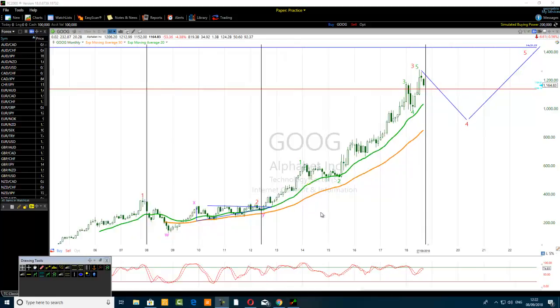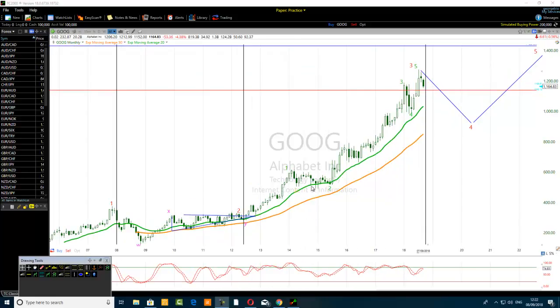higher degree. Then we are now in the third wave of a higher degree right here, and this is the first mono wave of that third wave of a higher degree, a second mono wave of that third wave of a higher degree, the third mono wave, and the fourth mono wave of the third wave of a higher degree. And now we are in the fifth mono wave of the third wave of a